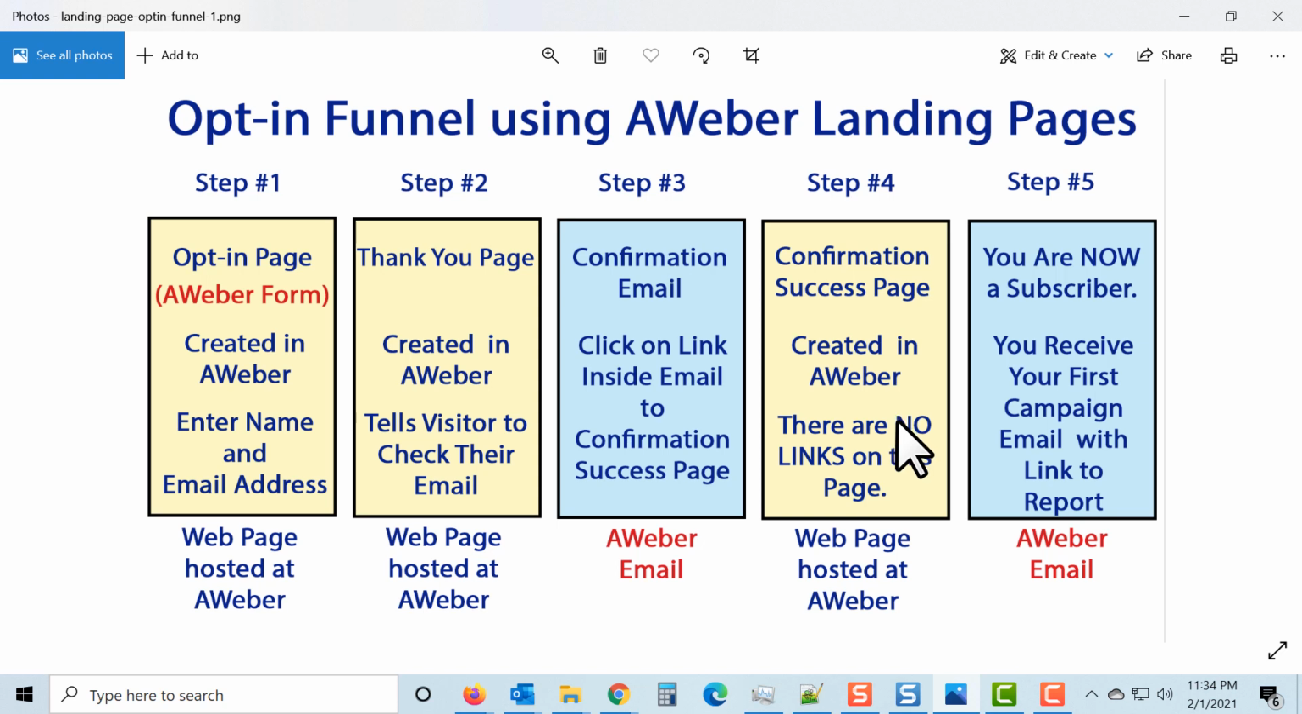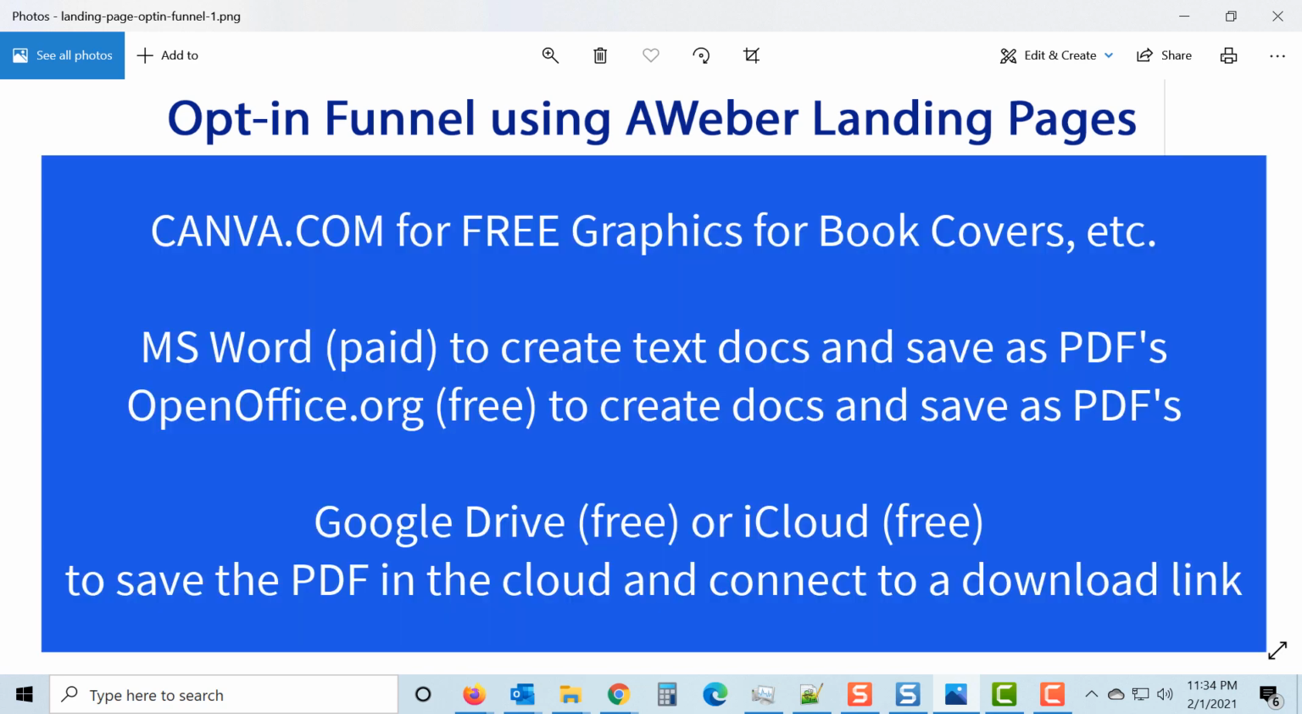Nothing costs you anything. The PDF report, you can create those for free. You can use Canva, which is a free graphics design software to create free e-covers. You can use Microsoft Word. You can use OpenOffice to create documents and then save them in PDF format. In terms of hosting, on that link in the email, if you remember, when I clicked on that link, that particular report was hosted in my